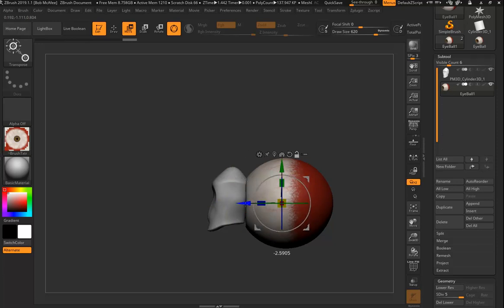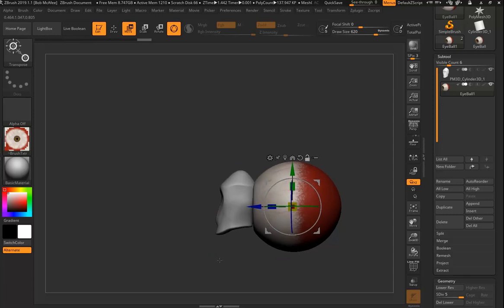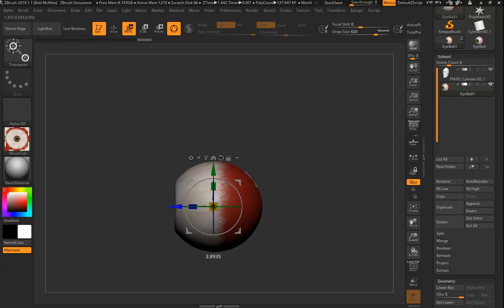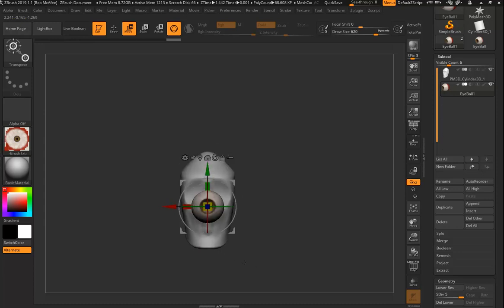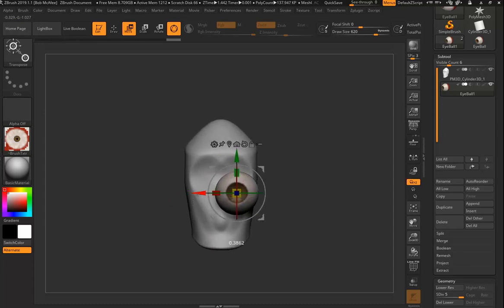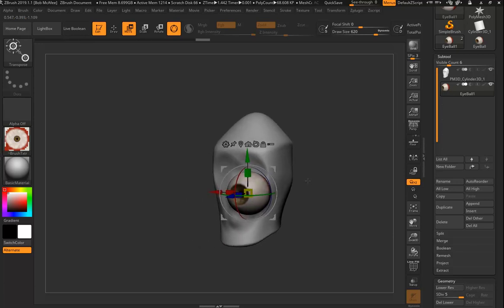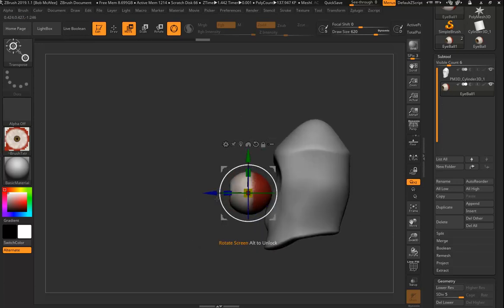Okay, there we go. Okay, and I'll take this and move this forward. And I'll scale it down. Okay, and let's look at this from the front view. Okay, and good enough somewhere around here. And just to start off with, anyway,